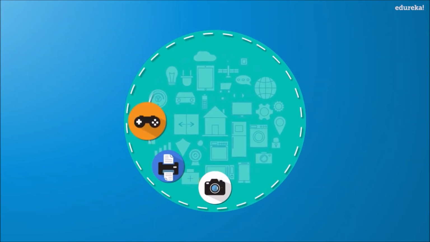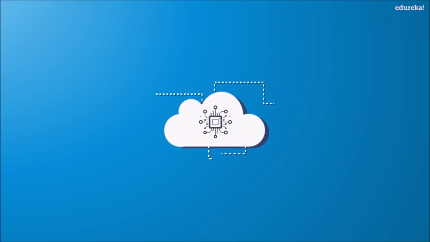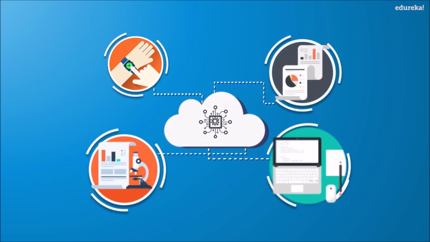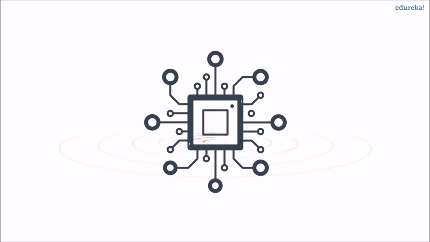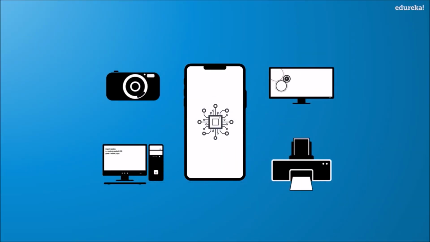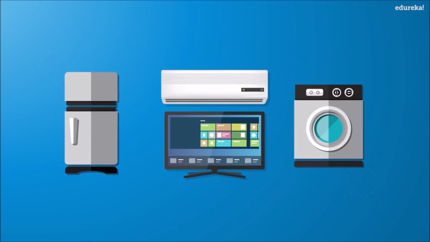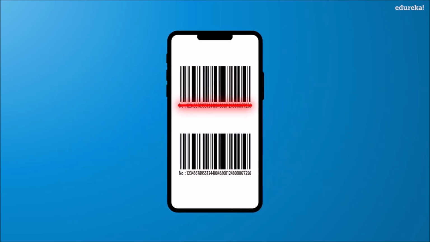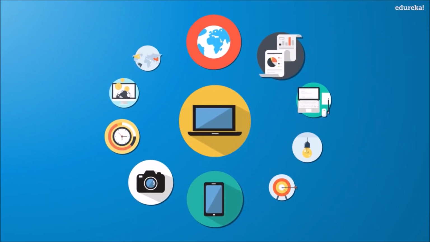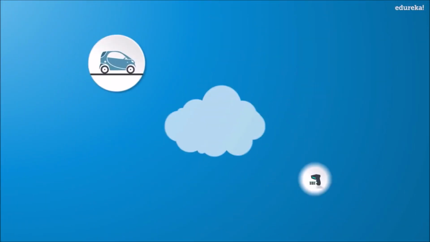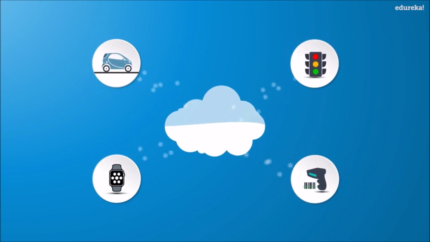IoT is a giant network of connected devices. These devices gather and share data about how they are used and the environment in which they are operated. It's all done using sensors. Sensors are embedded in every physical device. It can be your mobile phone, electrical appliances, vehicles, barcode sensors, traffic lights, and almost everything that you come across in day-to-day life. These sensors continuously emit data about the working state of the devices.